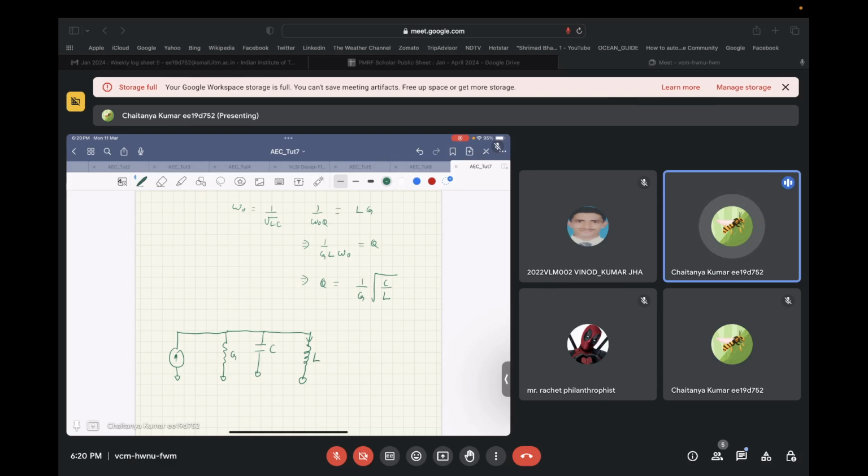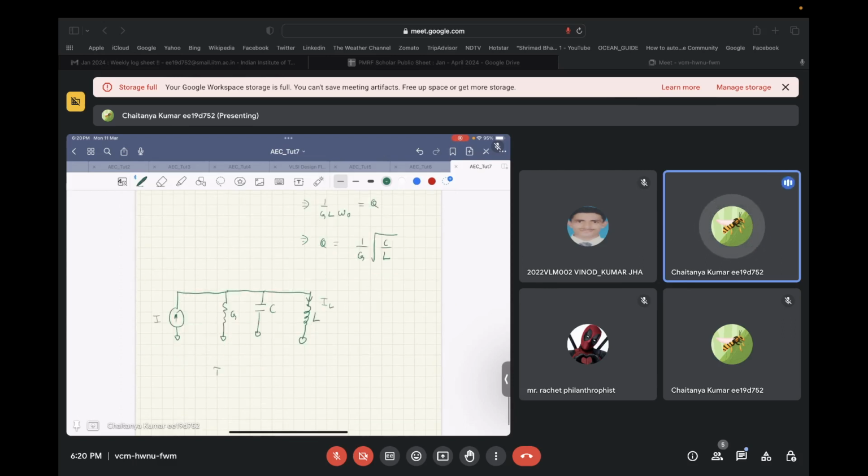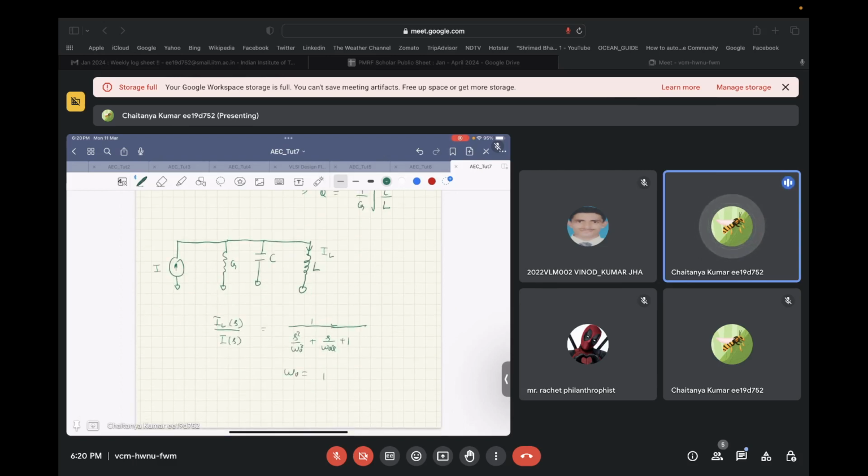And if we try to find out the current that is going in the inductor, with I here and IL here, then IL(s) by I(s) basically gives us a low pass transfer function, 1 upon (s squared upon omega naught squared plus s upon omega naught Q plus 1), where our omega naught is equal to 1 upon root LC and our Q is equal to 1 upon G times root C by L. Now, let's say we want to implement this low pass transfer function in